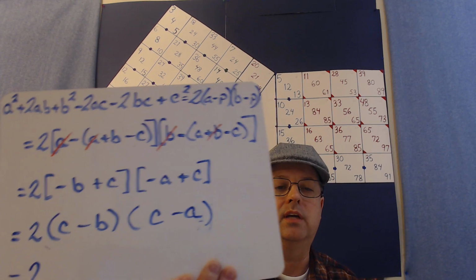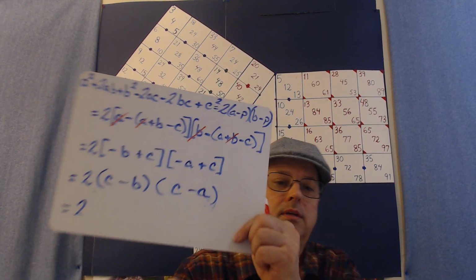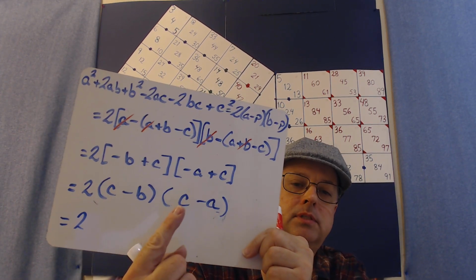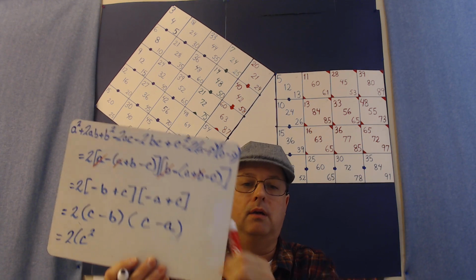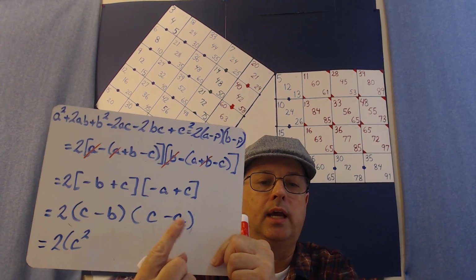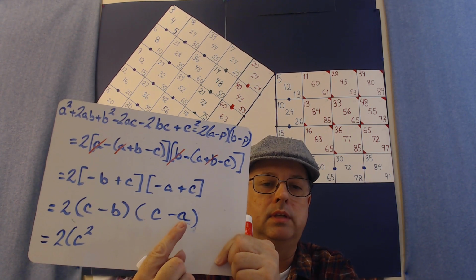Okay, just whatever's convenient is what we do in math. So we have parentheses there. And now I'm going to say c times c is c squared. And then I'm going to say c times negative a, which is negative ac,